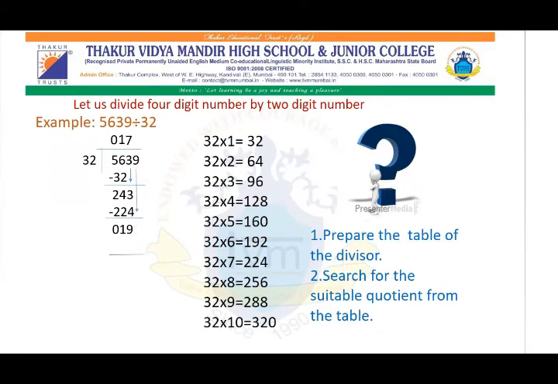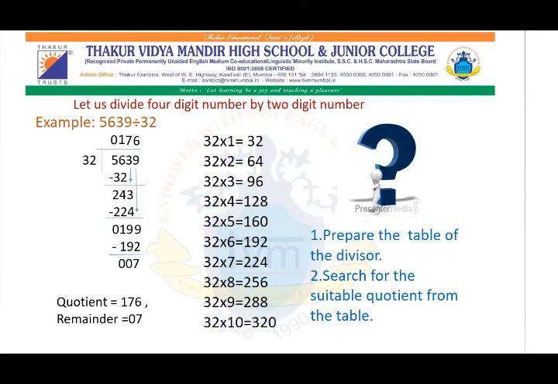Now my next number 9 will come down. Now I have to divide 199 by 32. Correct? So again search for 199 in the 32 table or a number smaller than 199. Got it? It is 32 6s are 192. So I am going to subtract that 192 from 199. The remainder is 7. Now is there any other number left? No, no number left. So I finish my division with the quotient, that is the answer, 176 and remainder 7.